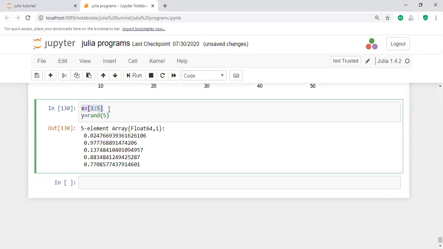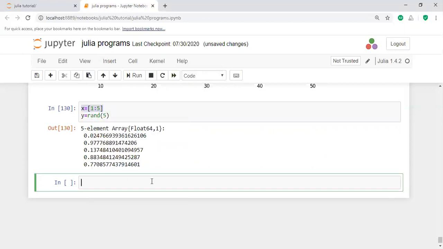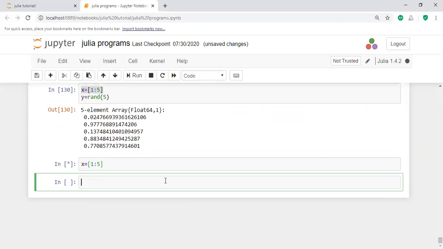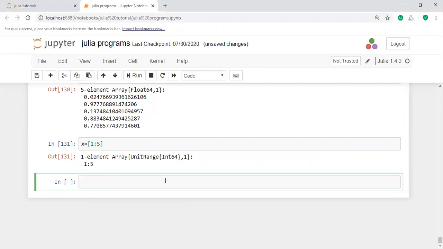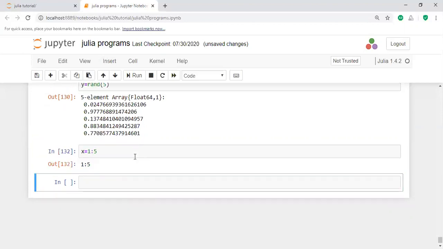If you execute the x value, you will have 1 to 5, 1 colon 5. X values I'm taking 1 to 5, y values some random values.